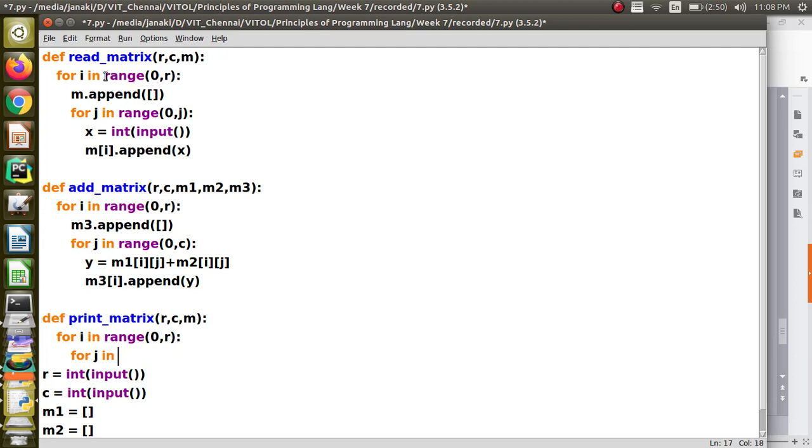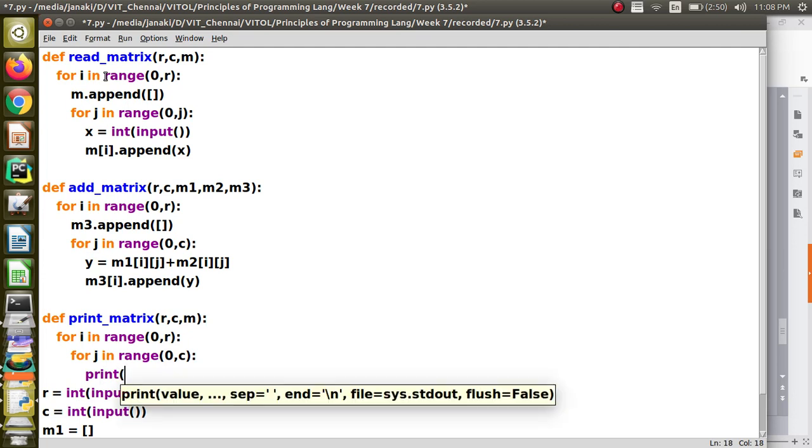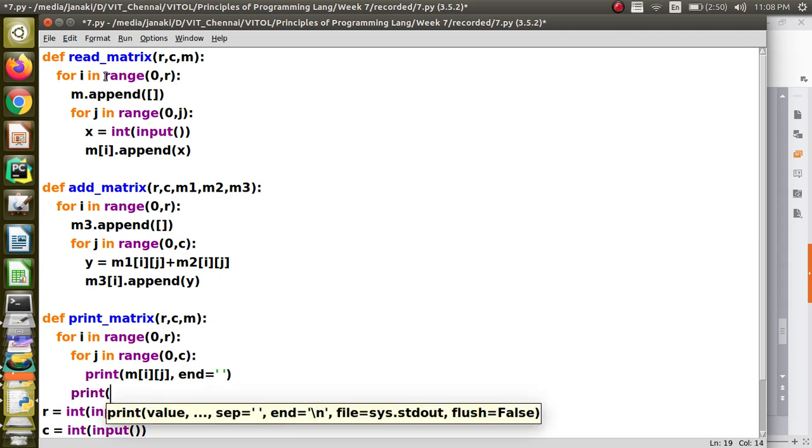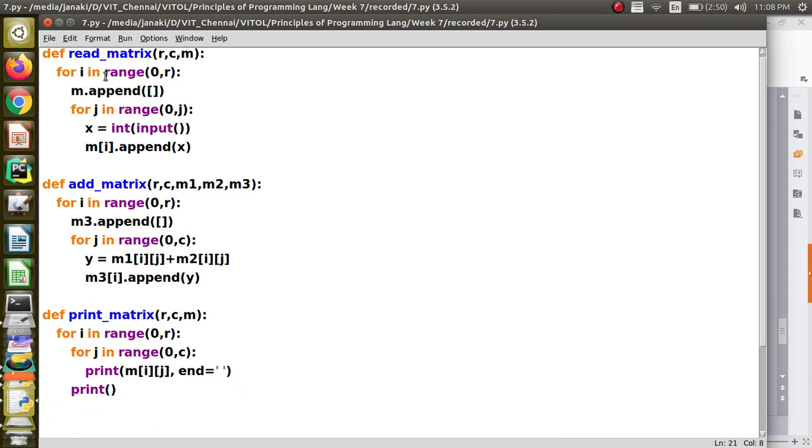So you have to say 0 comma C. We have to say print M of i j, and we should not move to the next line because you are printing a row of a matrix. So you say end is space, and then you come out of this loop and say print to come to the next line. Okay, these are all the functions that we have written for doing the operations.